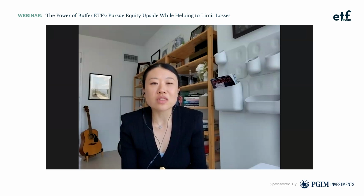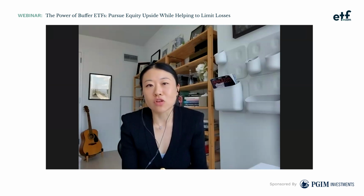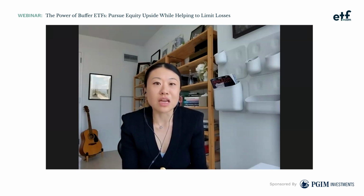And I think the reason why it's difficult to give you a look, this is what happens 6 months from now, is the reality is you're making a lot of assumptions. You're making assumptions about that interest rate curve. You're making assumptions about how much that stock is going to move up and down. And then you're making a lot of assumptions about acceleration too. And so, the best thing I can say is,